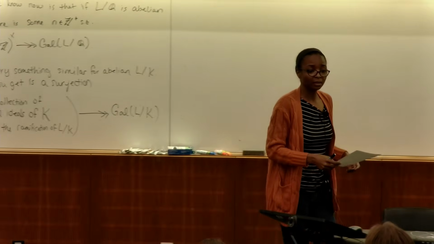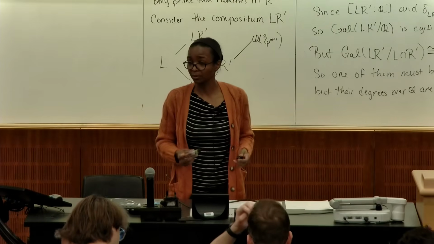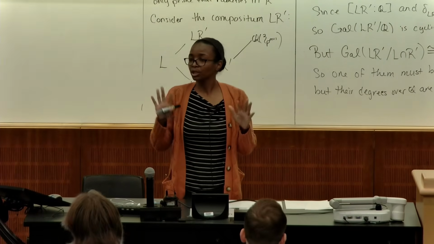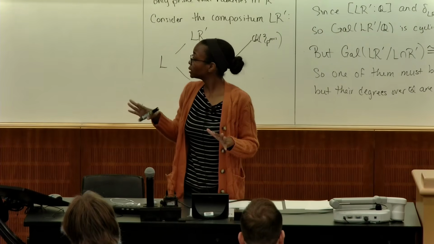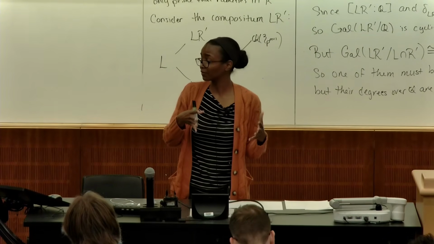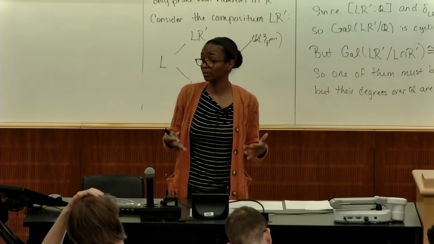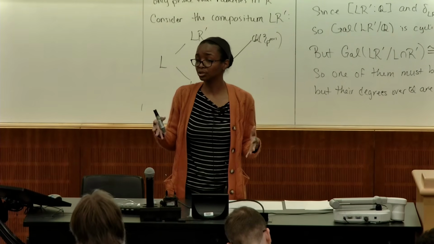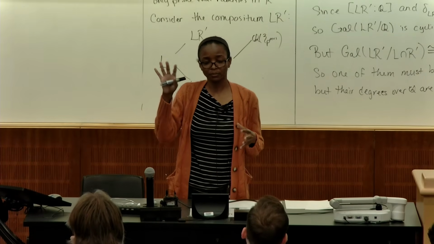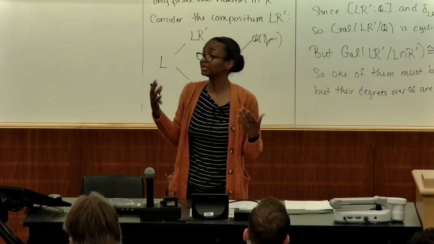And yesterday, Iran talked a bit about one of the other cases for which we have explicit class field theory, which is an imaginary quadratic field. And the headline there is, there are special functions. So you have the J invariant function, and you have an additional function called the Weber function, and you look at special values of that function, and that gives you the abelian extensions of your imaginary quadratic field under the right conditions. That might feel like a real weird pivot, but you should think of the J function and the Weber function as coming together to play the same role as the function e to the z does in the